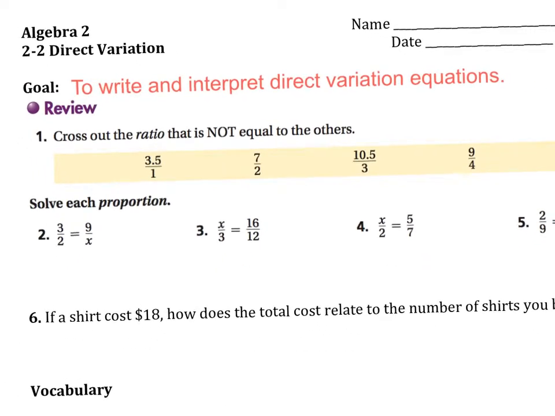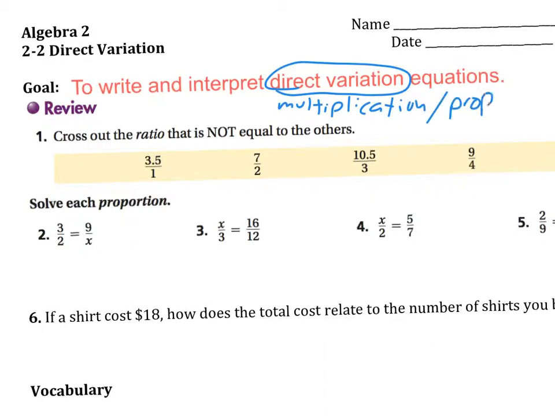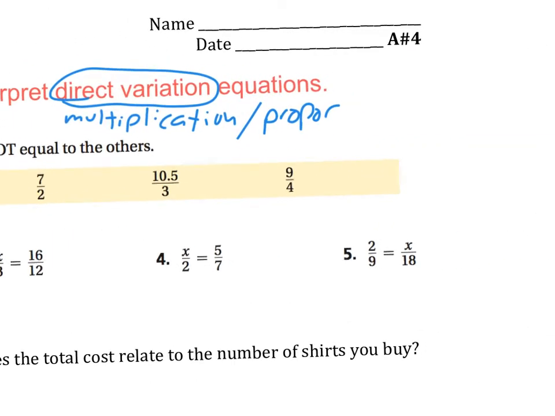Essentially, we're just dealing with fractions. We're multiplying. That's all it really means. So let's actually write that down. Direct variation simply means multiplication. Another way to talk about it is sometimes it's said as proportional. Two things are proportional. So for example, if you had a scale model of the Titanic, it would be proportional